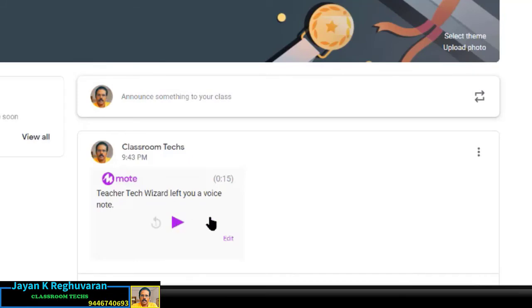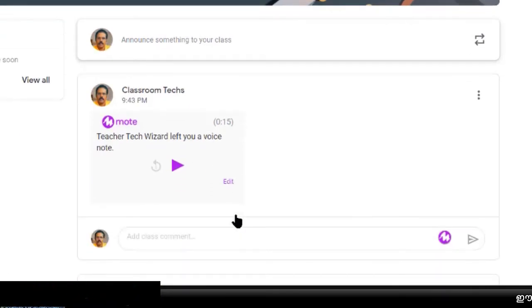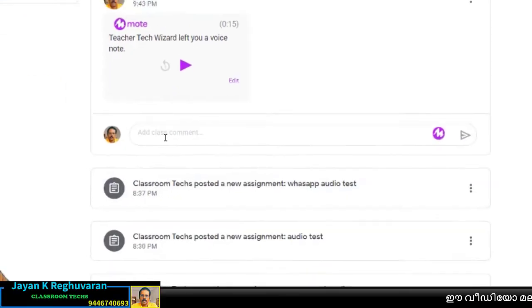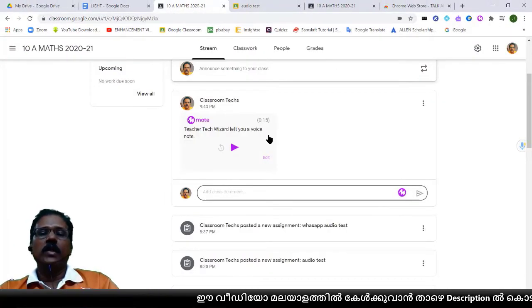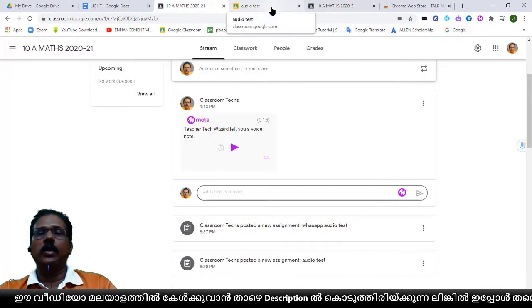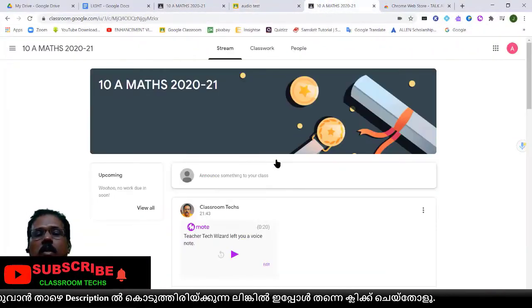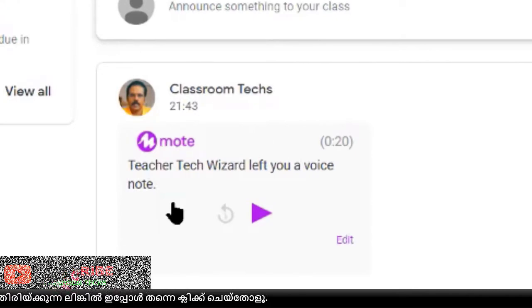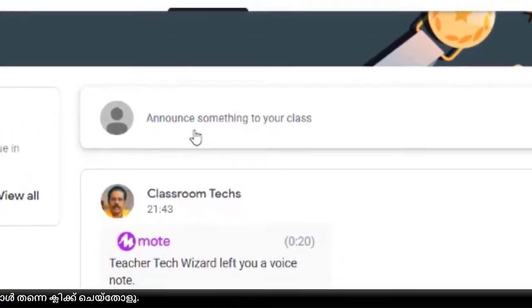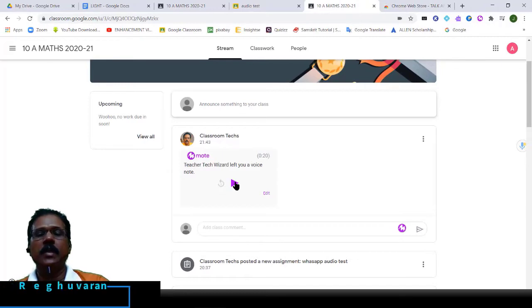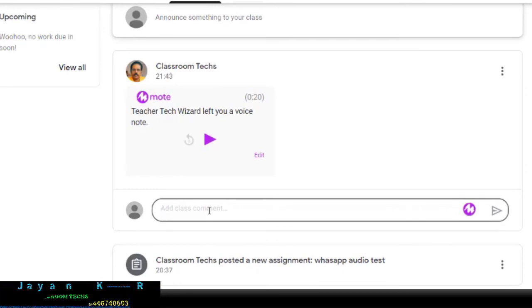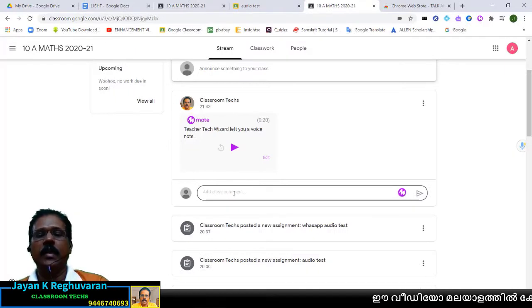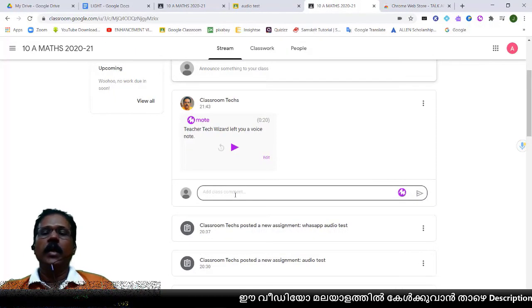So children also can hear. Children means if you paste the message here, everyone can hear together, and the children can send the reply by clicking in this. Let us check how the children are seeing in the common area. So I'm going to the children's page. When we go to the children's page, we can see that just now we sent the message in general, in the announcement area, a common area. This is that message. By clicking here, they can hear the voice and they can send the message as a reply. They can send the audio message. But if they send a message here, all the children will hear together.